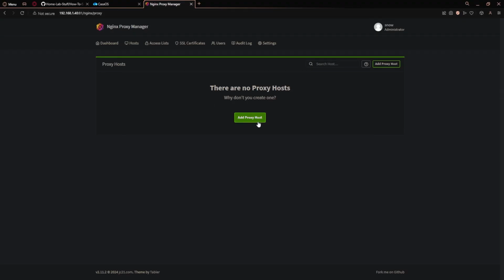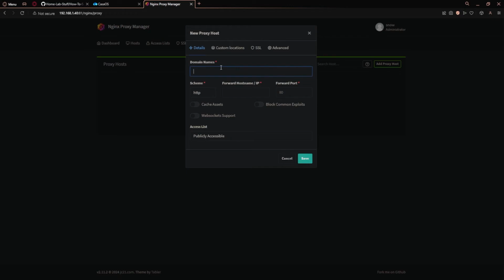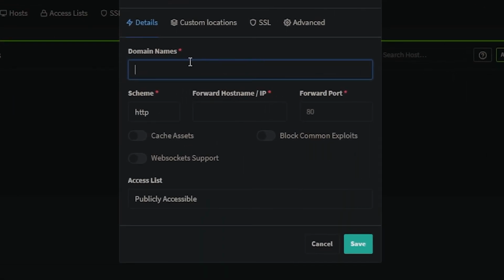We're going to go add a new proxy host. And we're going to enter our domain. Now, the domain we want to set up is the domain we're going to type in every time we want to access our password manager. So I'm going to set up a very basic one. And I'm just going to set it up like this. And then we just simply do dot and our domain